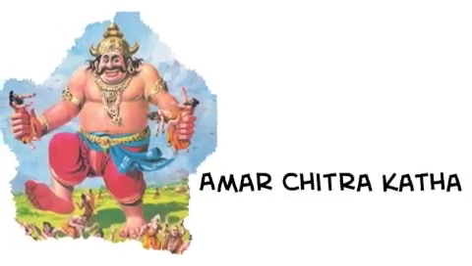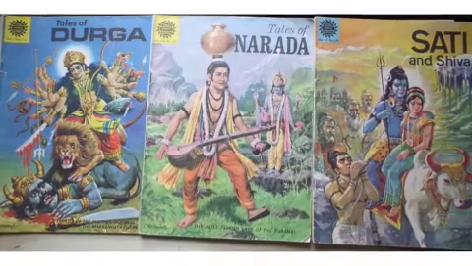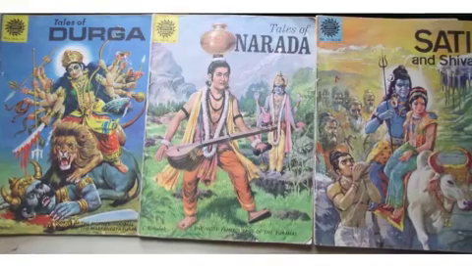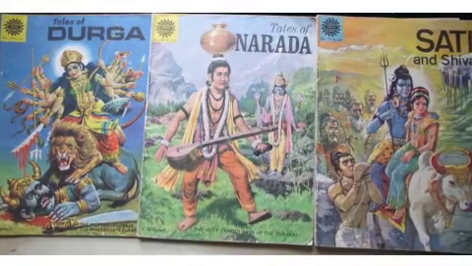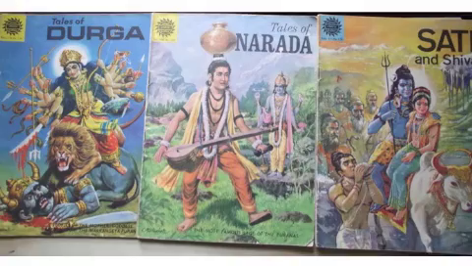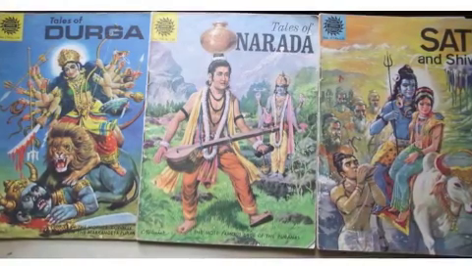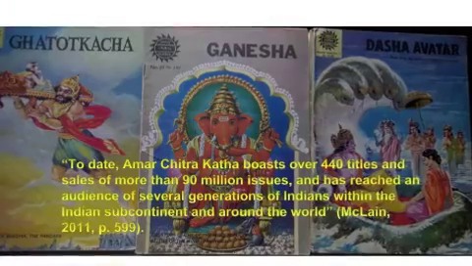Amar Chitra Katha comics informed me about the history and culture of a place that was in my blood but on the other side of Earth from where I grew up. Carleen MacLean affirms that I was not the only child of Indian descent living abroad who learned about India through these comic books. ACK was the brainchild of Anant Pai.